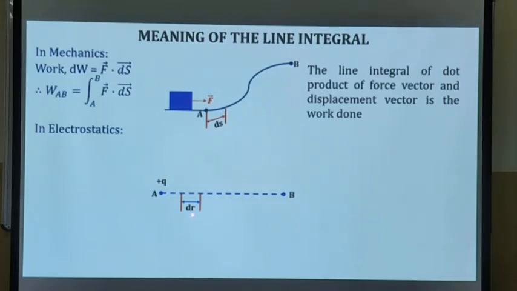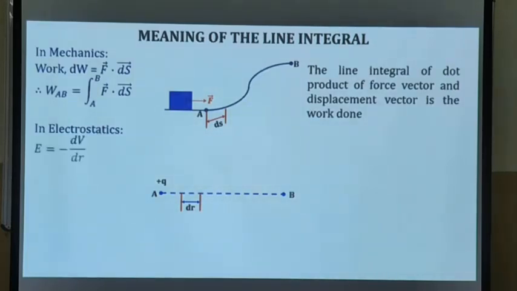Then very clearly we can see that the net amount of work done in bringing a unit charge from A to B is called what? I am just waiting. It is called potential difference. So that potential difference we are just calculating in case of electrostatics. In order to calculate potential difference, my dear friends, we require again a line integral, and let us go to that